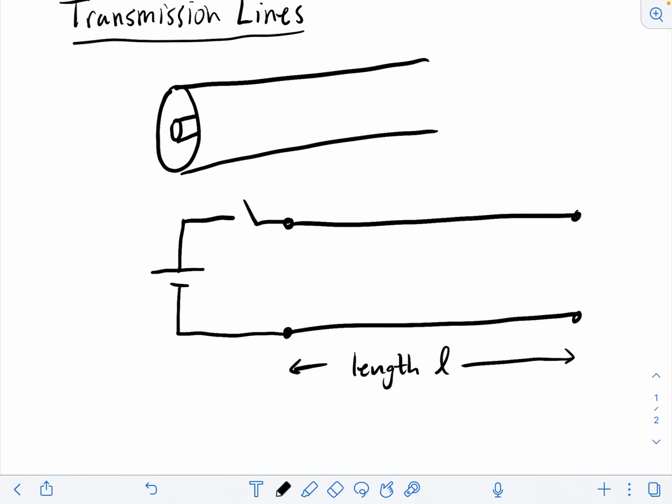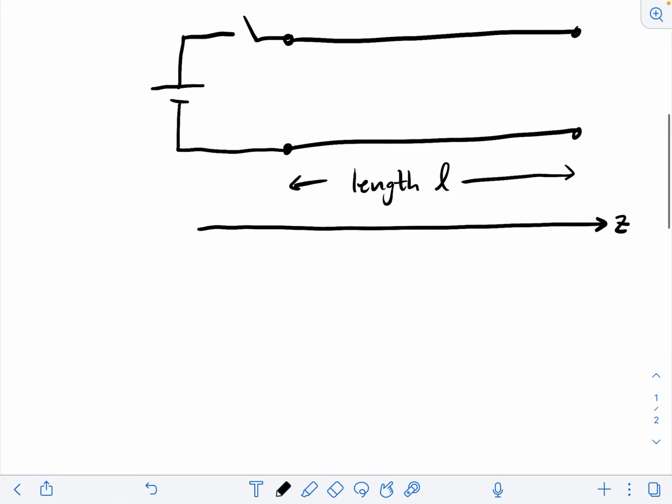In fact, we're going to find that even though the geometry is incredibly simple, they can actually be quite rich in physics and lead to some complex behavior. So we'll also define a z-axis, which the transmission line is parallel to. So the conductors are parallel to the z-axis. What I want to imagine is that we close the switch. So when the switch closes,